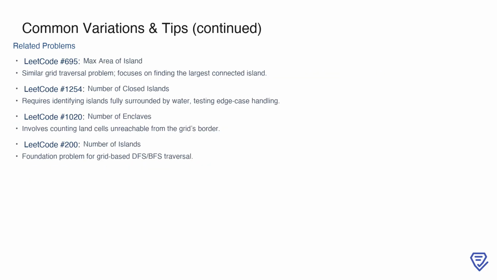This problem is closely related to several other LeetCode questions that test grid-based traversal techniques. For example, LeetCode number 695, Max Area of Island, focuses on finding the largest connected island in a grid, which is a foundational concept for this problem. LeetCode number 1254, Number of Closed Islands, challenges you to identify islands fully surrounded by water, requiring careful edge case handling. Another related problem is LeetCode number 1020, Number of Enclaves, where you count land cells that are unreachable from